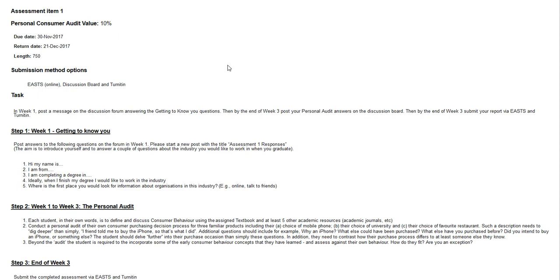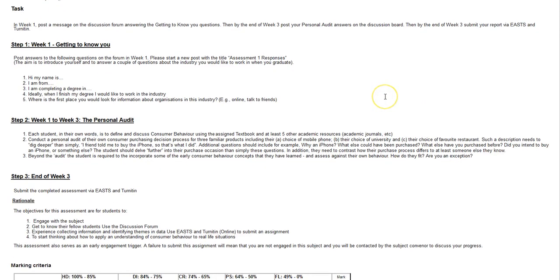So the task in week 1. Basically, you post a message on the discussion board, which you would have already done now, just identifying who you are and what you're going to do when you finish your degree. Step 2 runs from weeks 1 to week 3, and this is your personal audit. So the idea here